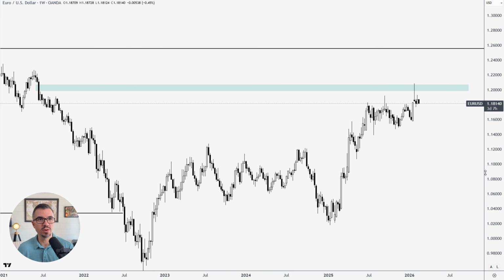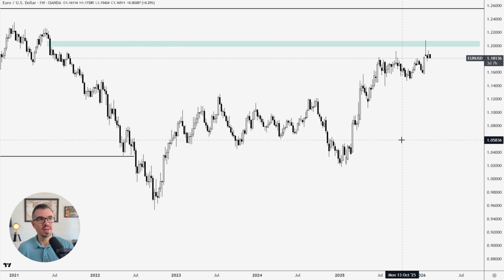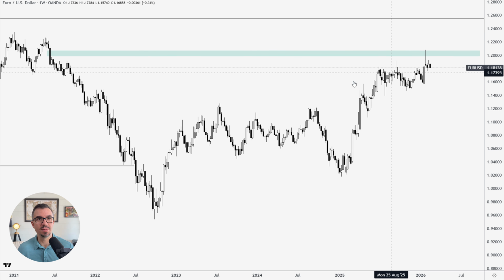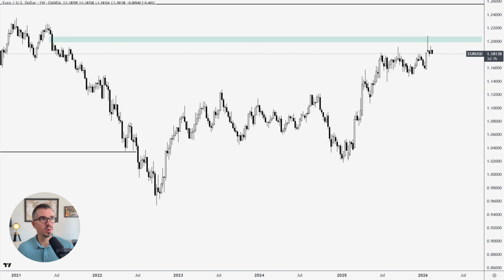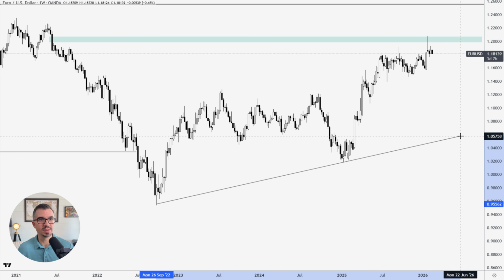Now, another thing here with the weekly, and this is one of those time frames where you're only going to have to update this every few weeks or potentially even every few months. So the time commitment here is very, very small, but the payoff is huge in times like this. So here on the weekly time frame, off of these lows down here, and we've talked about this before too,